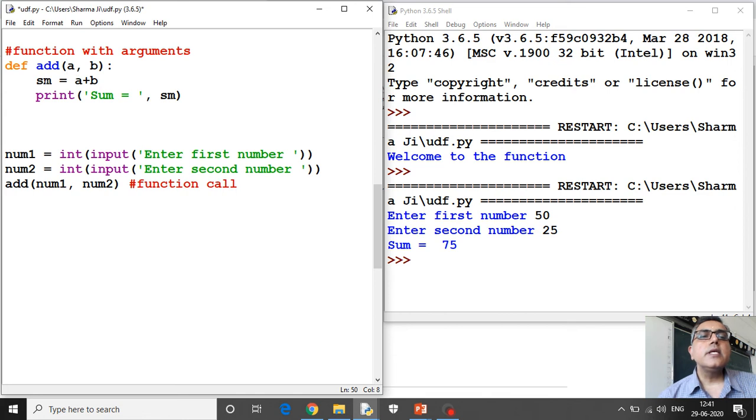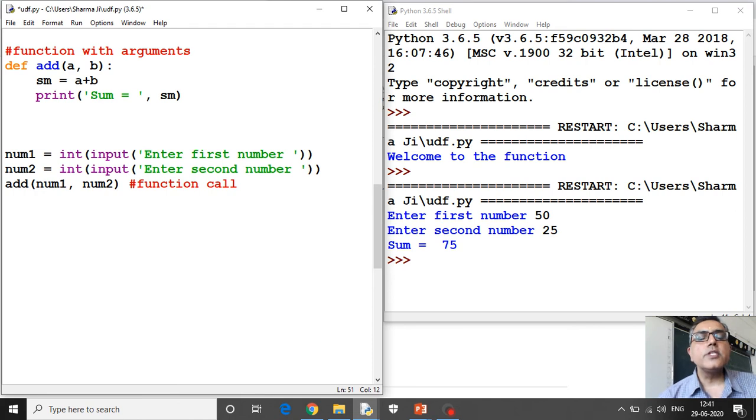That means this function add is supposed to receive two values a and b to do some work. Using these two values it will process them inside its body.